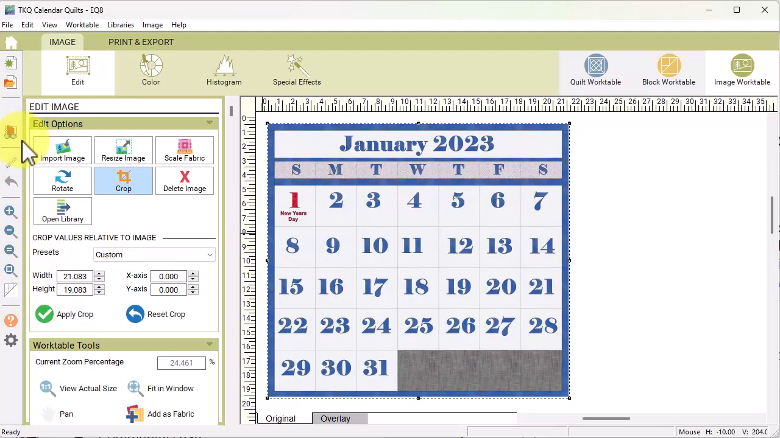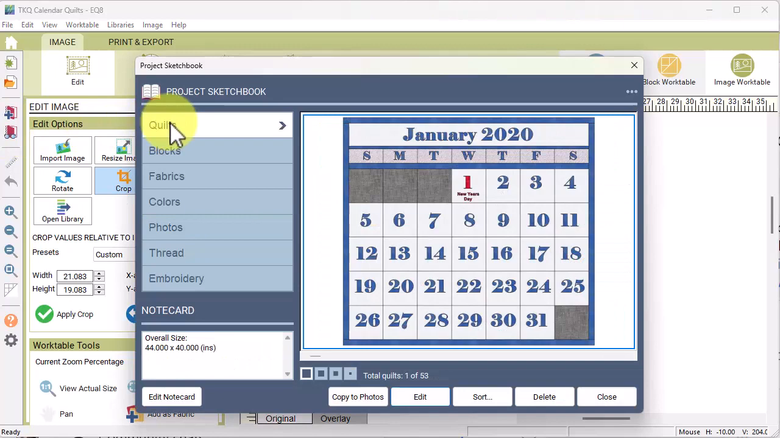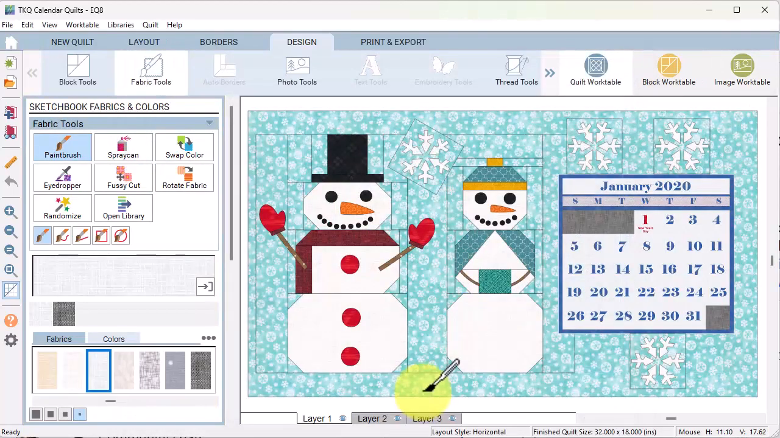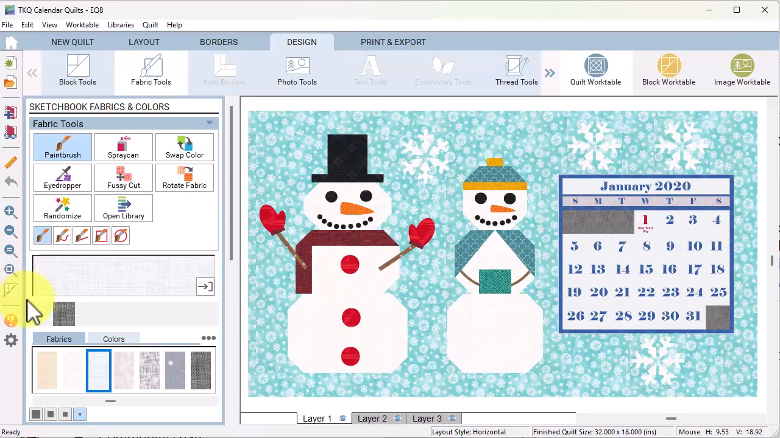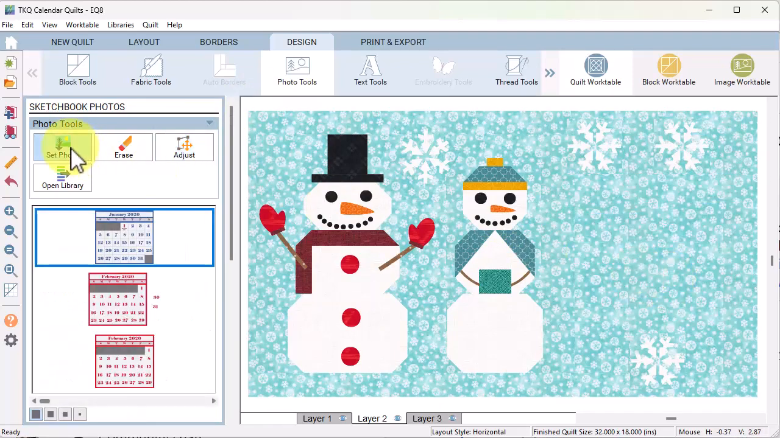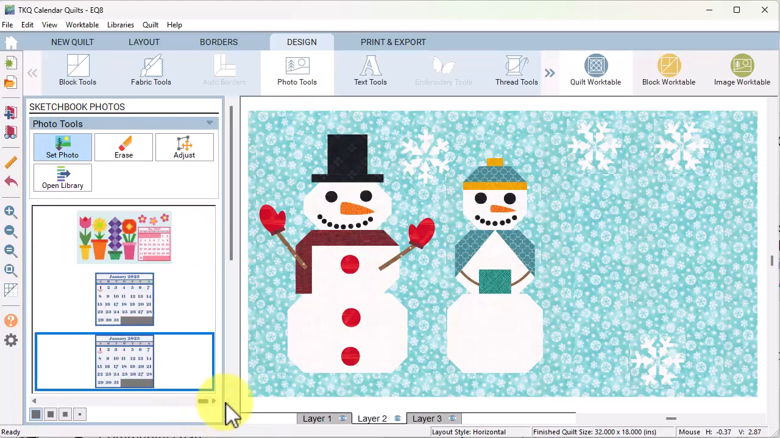View the project sketchbook, and under the Quilts tab, I'm going to locate my January quilt that included both the calendar and some quilted images. Select Edit, select Hide Show Quilt Patch Lines to see the quilt without its outlines. Select Layer 2, select Photo Tools, and with the Adjust, select the 2020 calendar, note the size, and then select Delete. And now under Set Photo, I'm going to take the one I just did, drag that on the quilt,